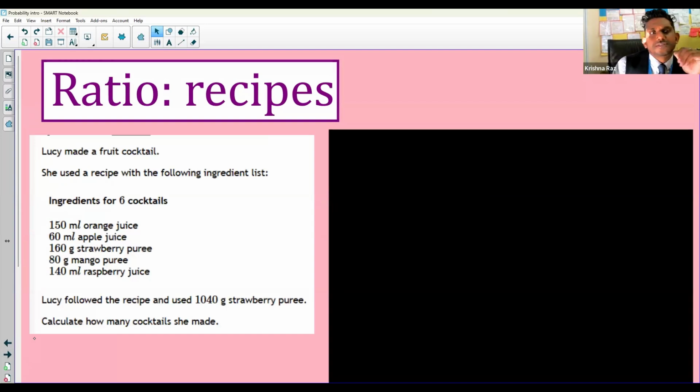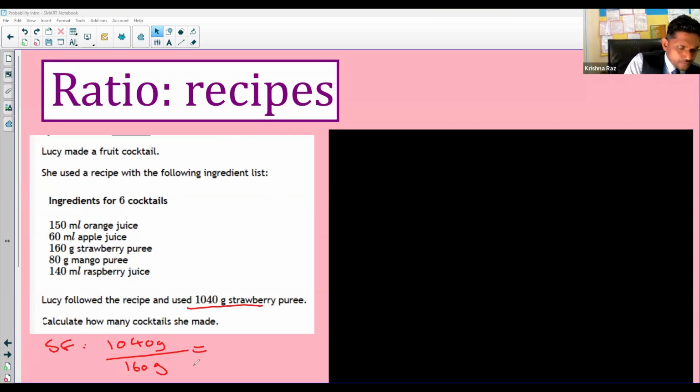So now we're asked to find out how many cocktails she can make. Yeah, so she's got this ingredient, which dictates how much of everything she makes. So this time the scaling factor will be that divided by the amount needed for 6 cocktails. So if we whack that in the calculator,